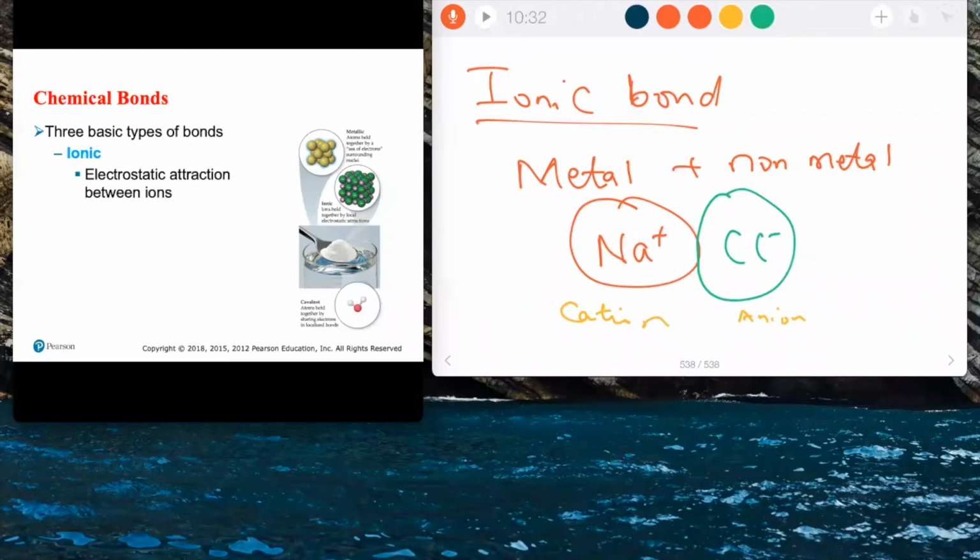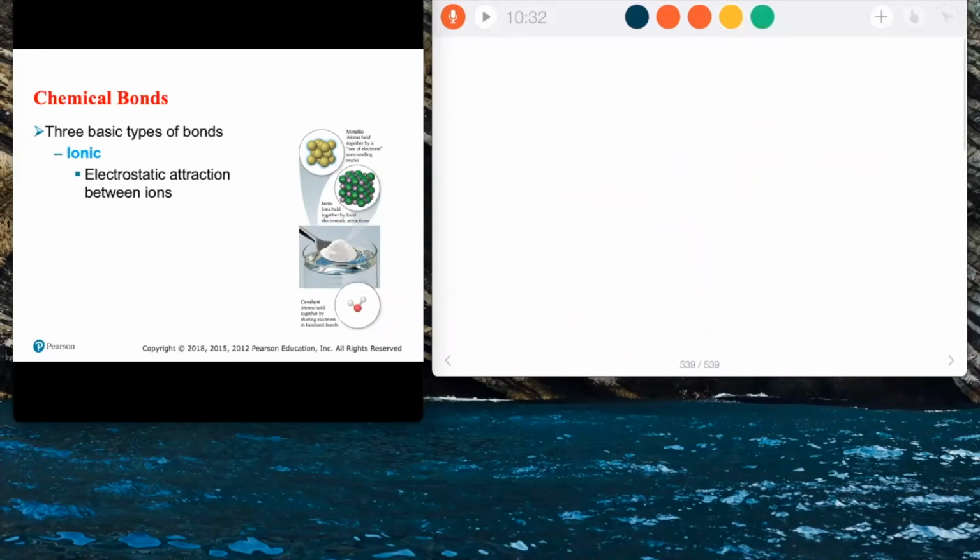It's not necessarily that an ionic bond is formed between monoatomic ions. It could also involve polyatomic ions, such as in sodium sulfate, for example. Sodium sulfate has a polyatomic ion, sulfate, as well. So an ionic bond can also be formed between a metal plus a polyatomic